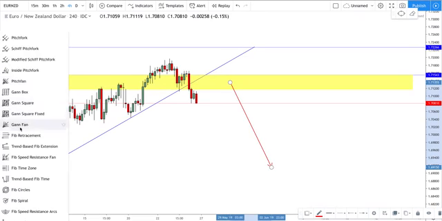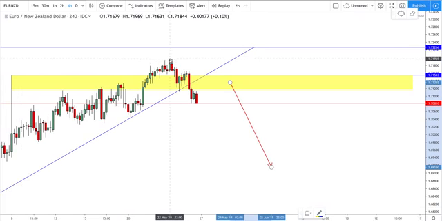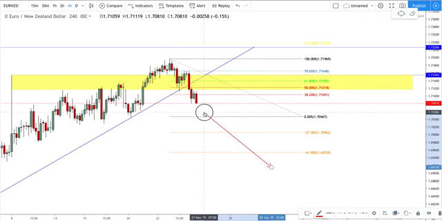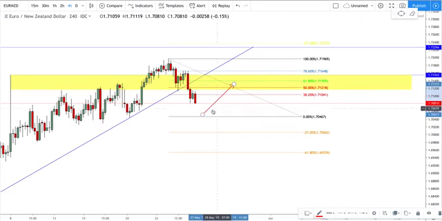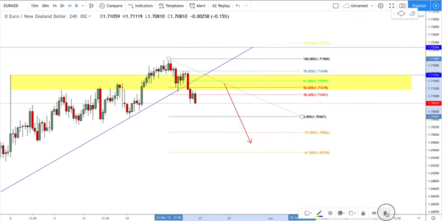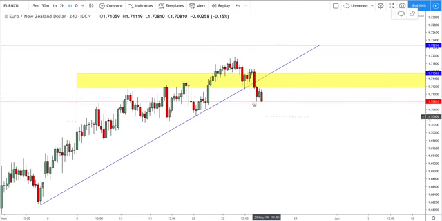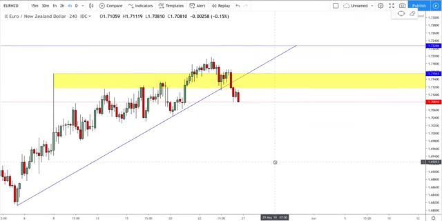That could also work out with some Fibonacci moves. So we come down, something like that. We come down a little bit lower to around here and then have a move up as a retracement before pushing down further. So I'm keeping an eye out on this. That's an overall view on Euro NZD. I do prefer this pair moving down, but on market open, I'm going to see what happens. If we do have a weak euro on market open, then we are going to see this drop down.